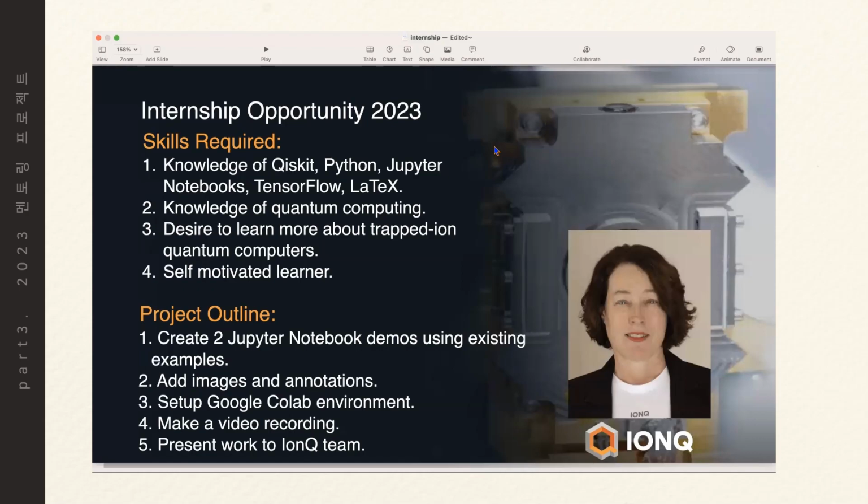Knowledge of Qiskit, Python, Jupyter Notebooks, TensorFlow, and LaTeX. Knowledge of quantum computing. A desire to learn more about the trapped ion quantum computers we build at IonQ, and be a self-motivated learner. Now, as far as the project, I would like you to create 2 Jupyter Notebook demos